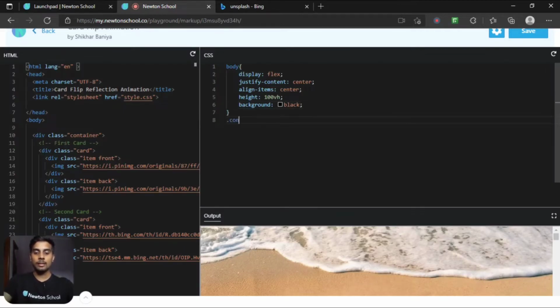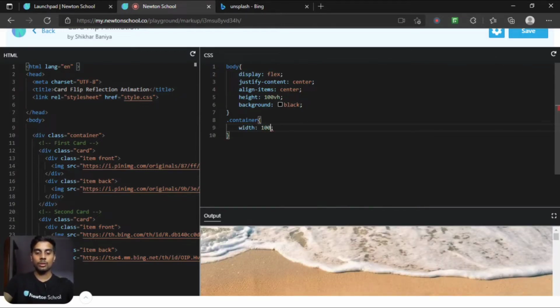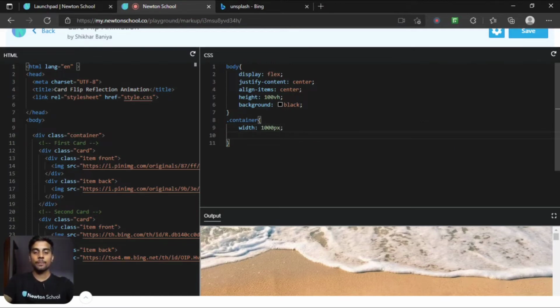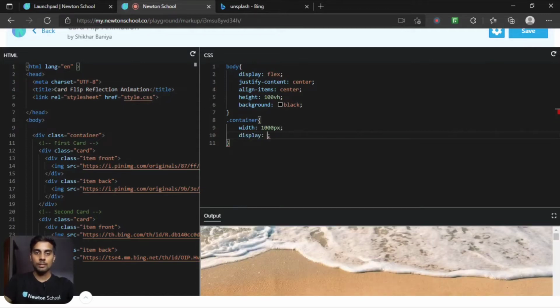Next, let's target the class container. So first let's give it a width of 1000 pixel. Next I want to first display it as flex, then I want to justify content as space evenly.